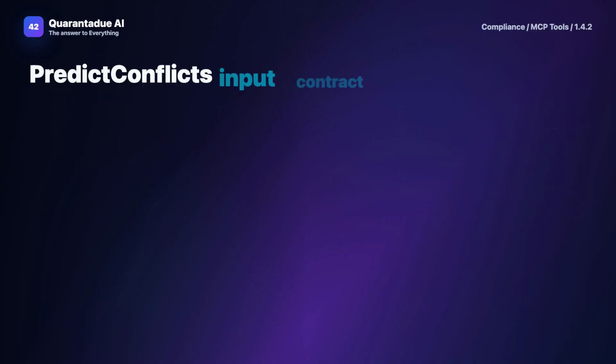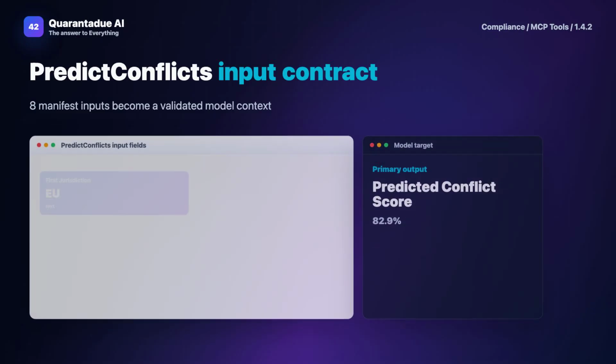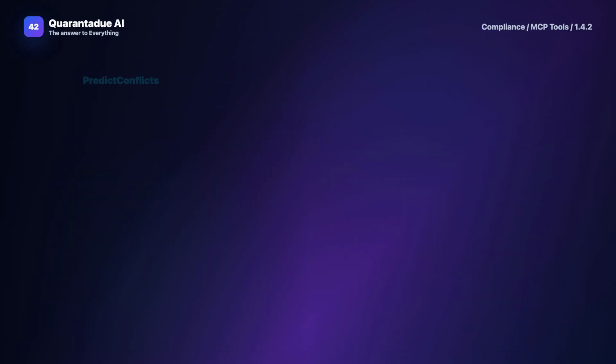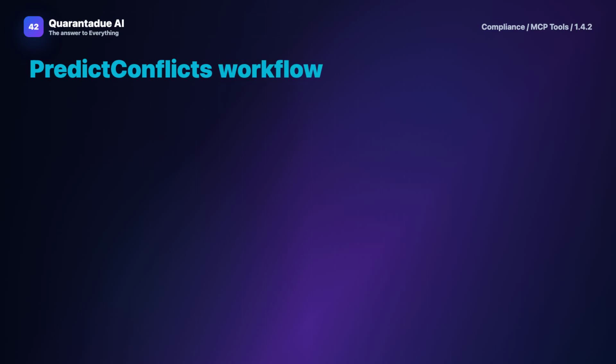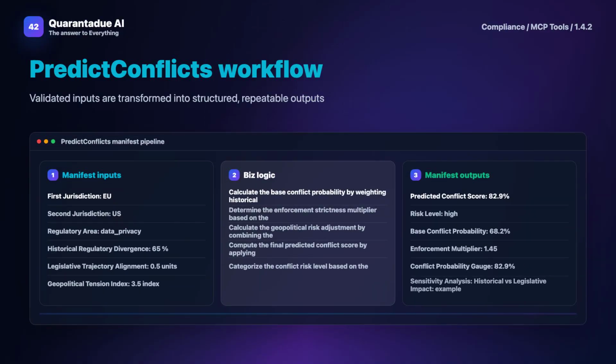Typical inputs include first jurisdiction, second jurisdiction, regulatory area, historical regulatory divergence, and legislative trajectory alignment. Keeping these fields explicit reduces ambiguity and makes every run easier to audit. The workflow then applies: calculate the base conflict probability by weighting historical regulatory divergence against legislative trajectory alignment, where historical